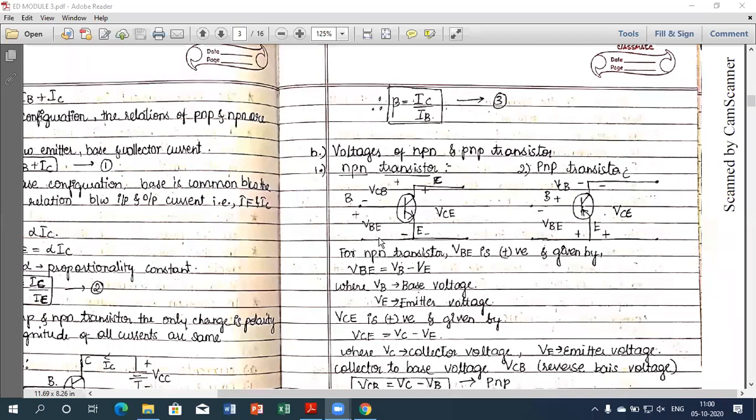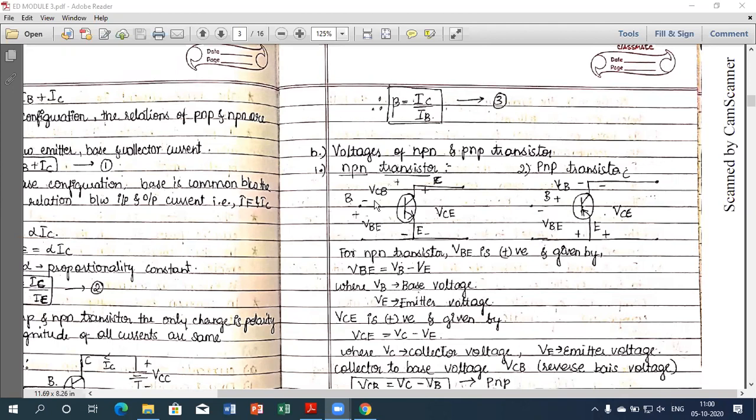The voltage between the base and emitter will be called the input voltage, which is VBE, that is the voltage between base and emitter. Similarly, look at the collector to emitter. We call it the output voltage, which is VCE, nothing but the voltage between collector and emitter. Now we'll come to the last one, that is collector to base. This junction is always reverse biased.